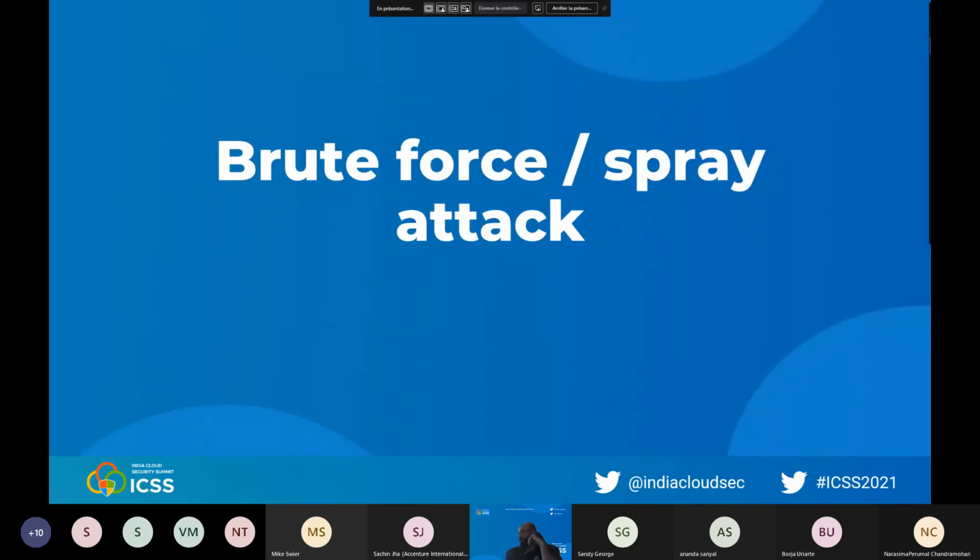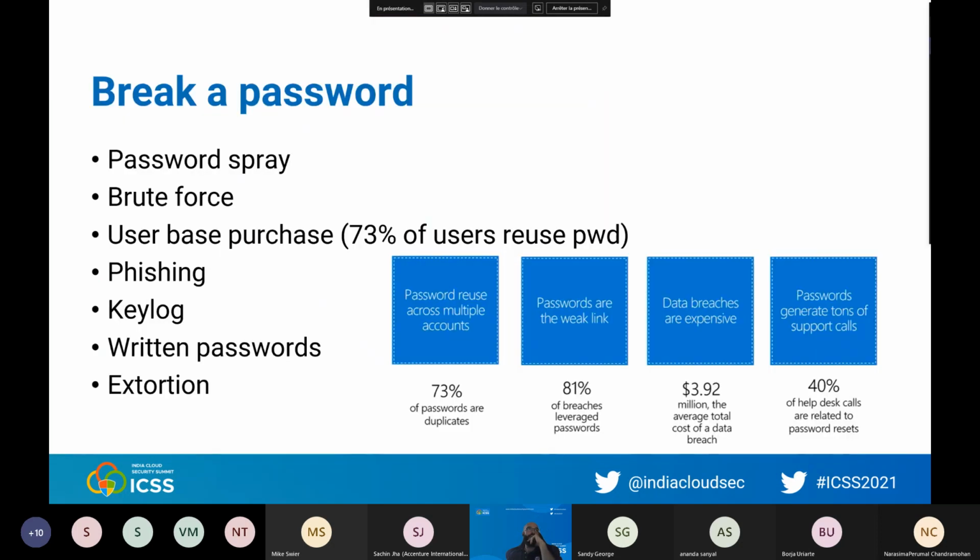The next kind of attack is the brute force attack. Okay, I want to guess or break your password. There are different ways to break a password.